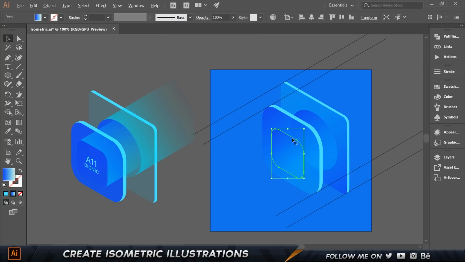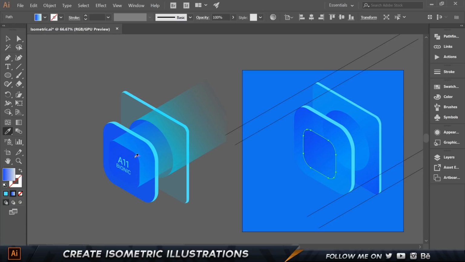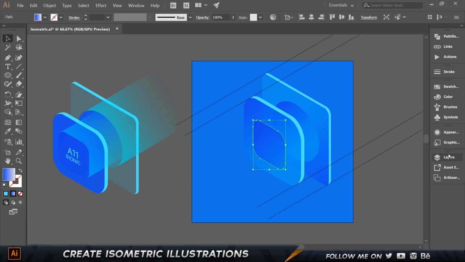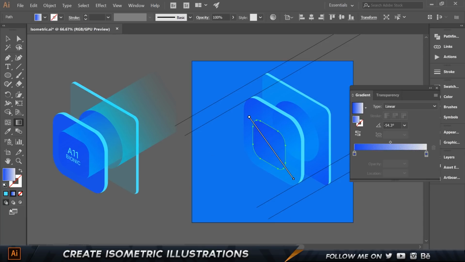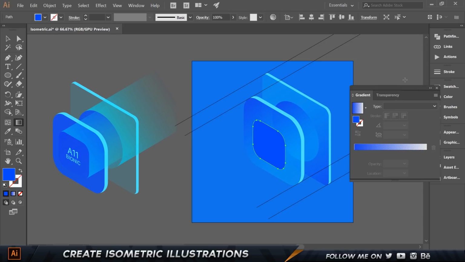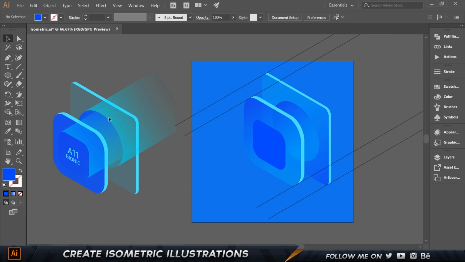All right, and this one, I'm just going to change the color to this. We're going to make it like that, just a flat color. We want to double click on the gradient tool, and we're going to add in a solid color. Actually, I'm just going to add a solid color. Right, I think that's a good color. Okay, so now we're going to have to create